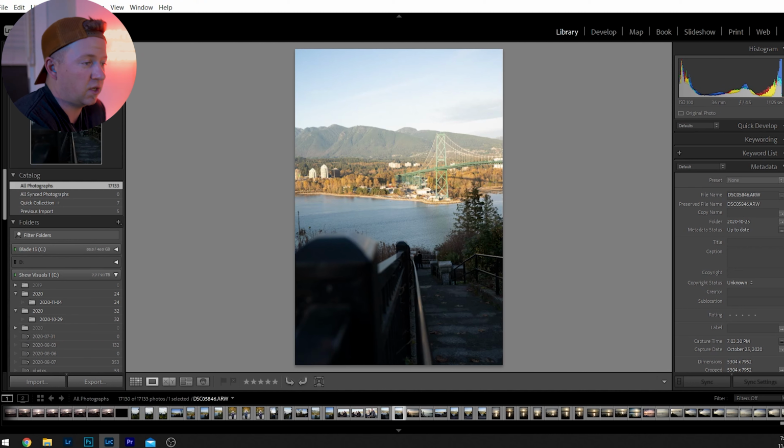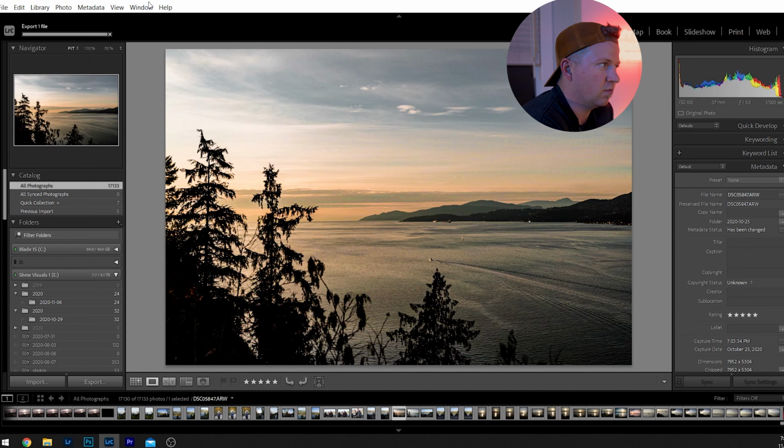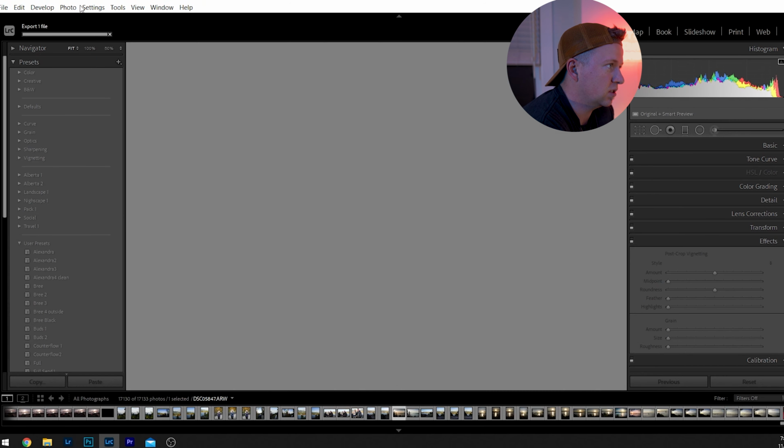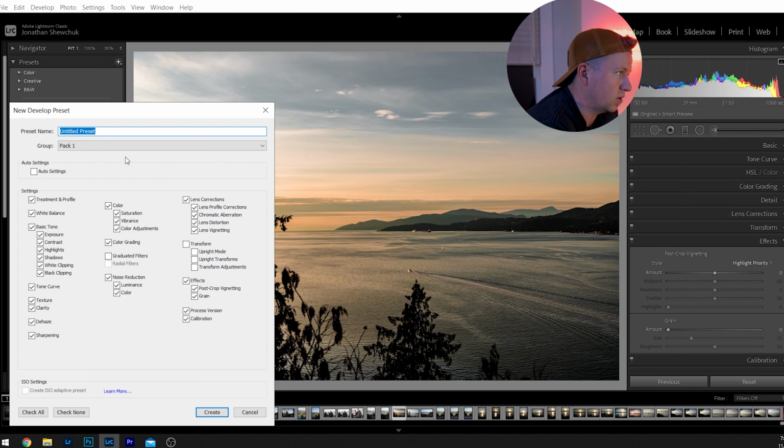One of my favorites that I got while I was in Vancouver. So I'm gonna go over here and I'm just gonna copy these settings and see what it looks like on this photo. Another cool thing that you can do, guys, is that once you've edited a photo to your own taste, you can go up here and call create a preset, and you can decide what pack or wherever you want to put it. I have a bunch of different presets that I've made over the years, and we'll call this one